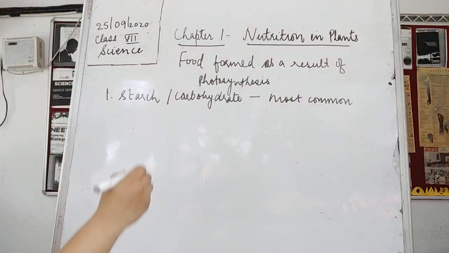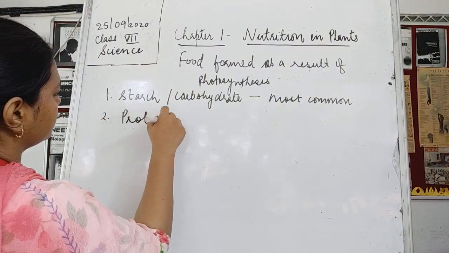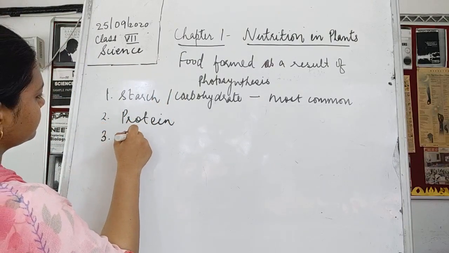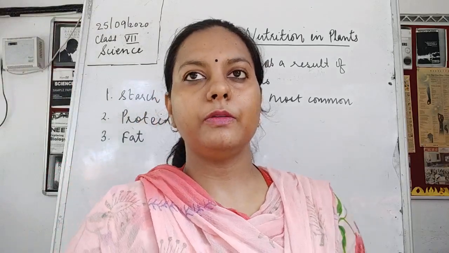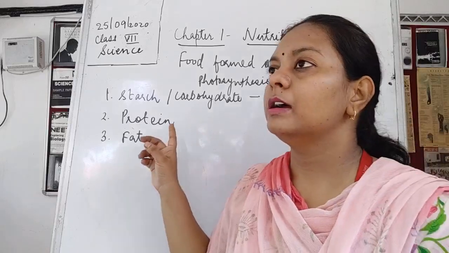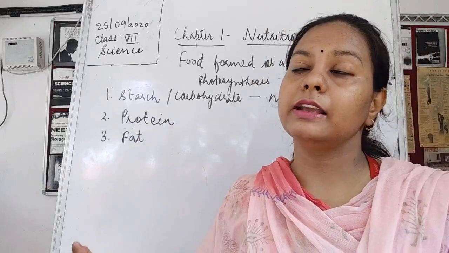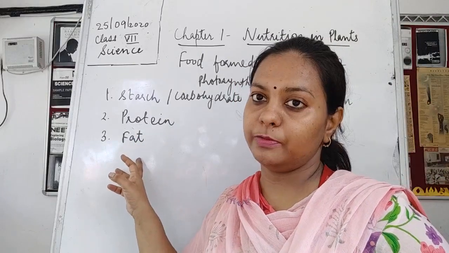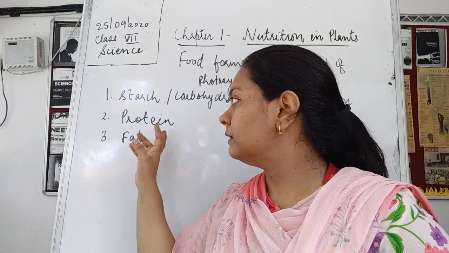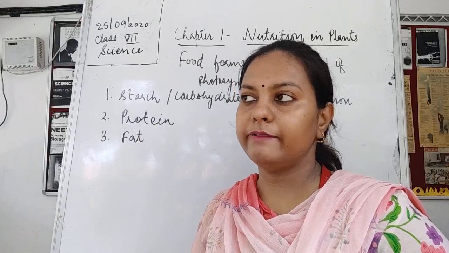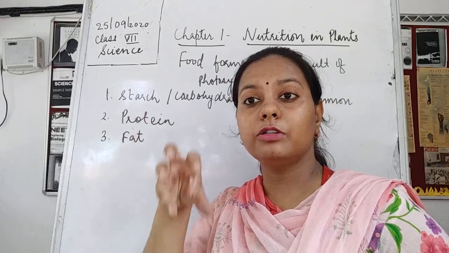So we came to know that besides carbohydrate we also have proteins and fats, which are also synthesized. That is why we can see that some plants contain carbohydrates, some have protein, and some have fats in them. Oil seeds, for example mustard, have fat as a stored product. Then proteins are there. We use pulses every day, and these pulses are the main forms of protein. So they have protein as a stored product.